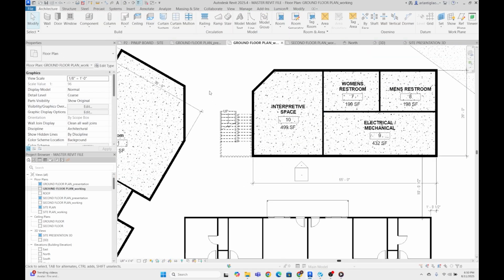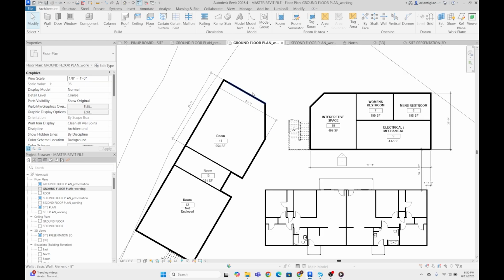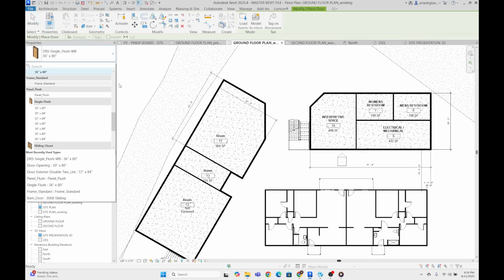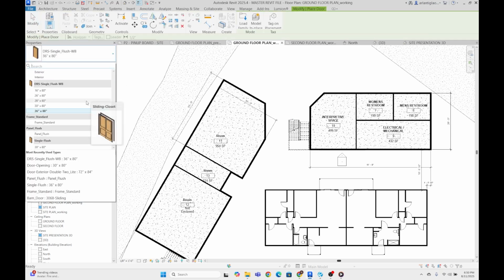Okay, so now that we have our floors drawn in and I've adjusted my design option, we're going to start thinking about putting in openings such as windows and doors. So we probably want to start roughing in our doors. If we click on the Store tab here, we have a bunch of different options we can choose from. But for now, I'm just going to go with a 36 by 80,